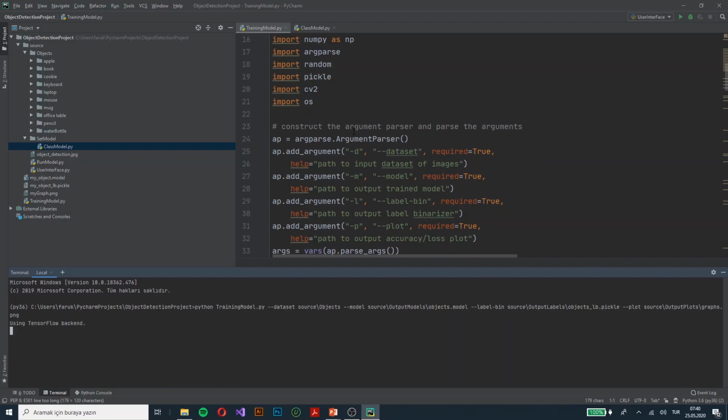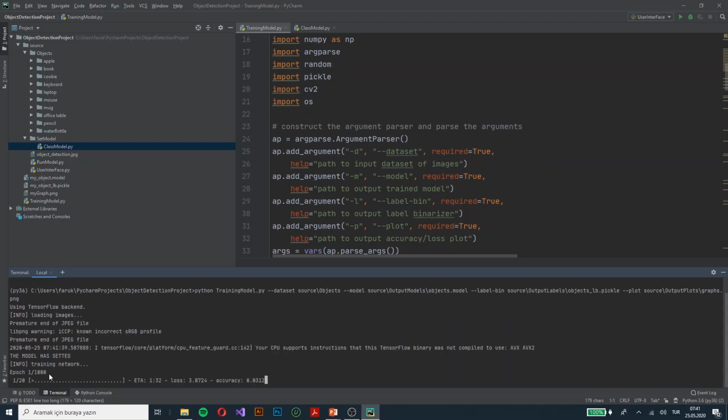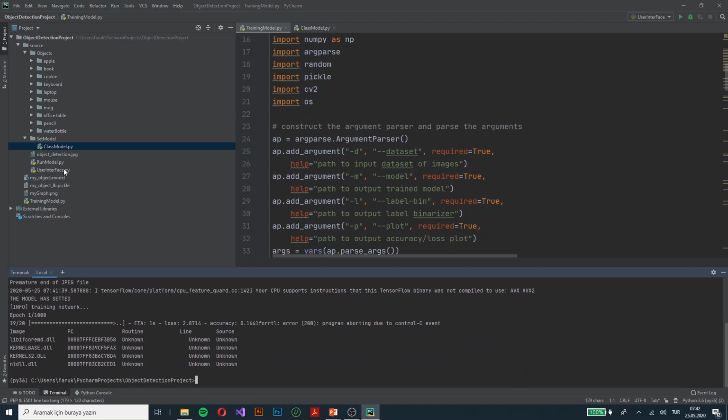After I run it, you are gonna see the using TensorFlow backend, and you are gonna see the processing. As you see, the first epoch is 1 of 1000, and each epoch has 20, let's say, revise, and we are seeing the loss and accuracy in here. The 1000 epoch is gonna take a lot of time on my computer, so I want to show the model I did create before the